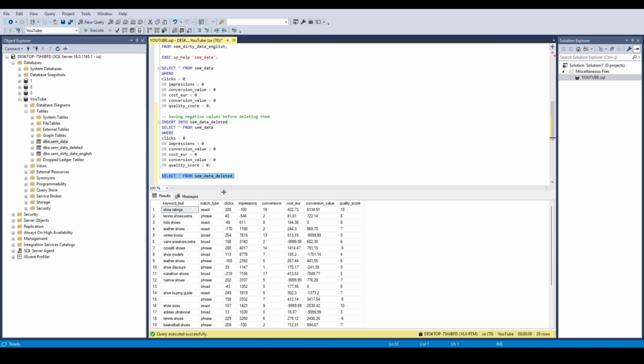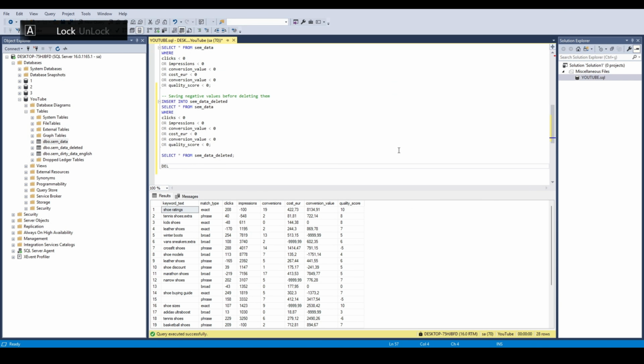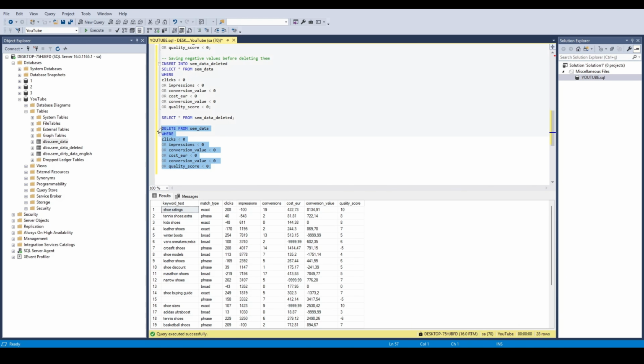We will delete this data, but before we delete it, we save it. So it's time to delete. To delete this, I'll write delete from SEM data. But which data? I will choose these values because we want to delete these ones. Okay. And when I execute this,